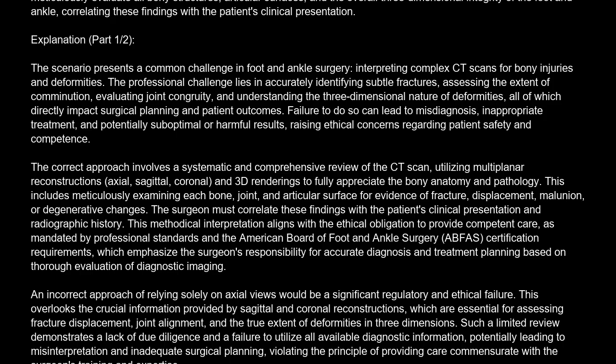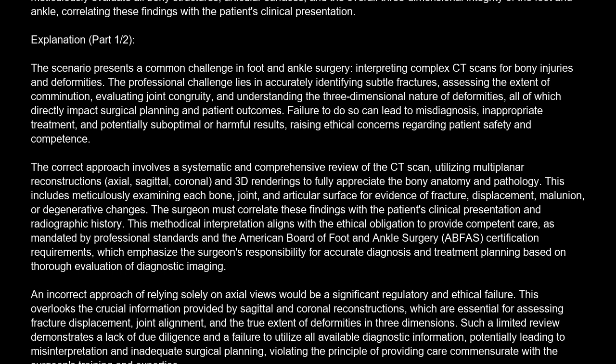Explanation. The scenario presents a common challenge in foot and ankle surgery, interpreting complex CT scans for bony injuries and deformities. The professional challenge lies in accurately identifying subtle fractures, assessing the extent of comminution, evaluating joint congruity, and understanding the three-dimensional nature of deformities, all of which directly impact surgical planning and patient outcomes. Failure to do so can lead to misdiagnosis, inappropriate treatment, and potentially suboptimal or harmful results, raising ethical concerns regarding